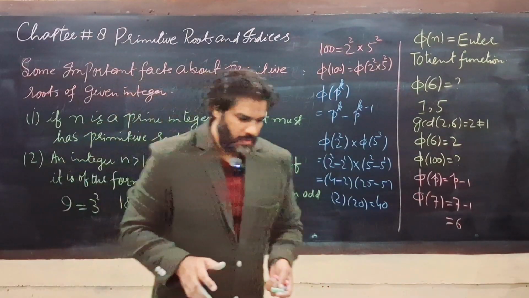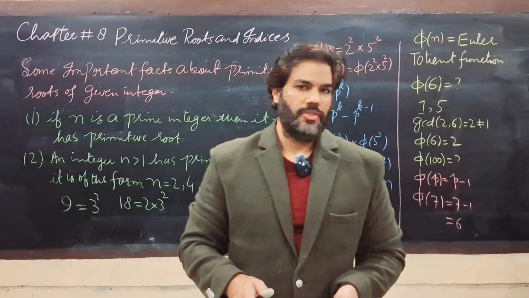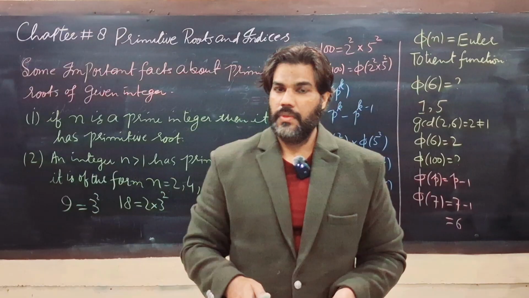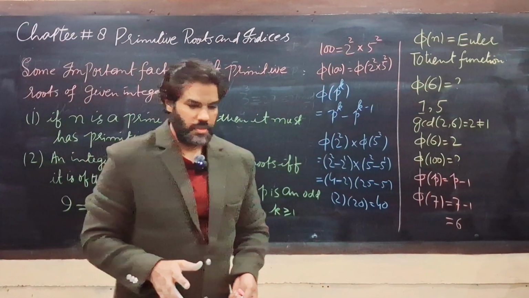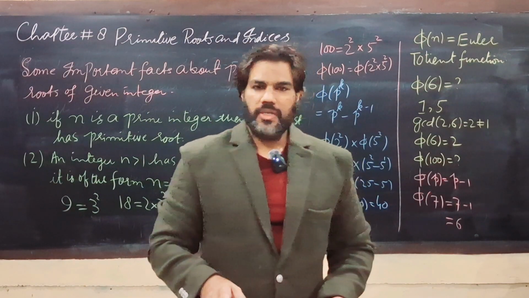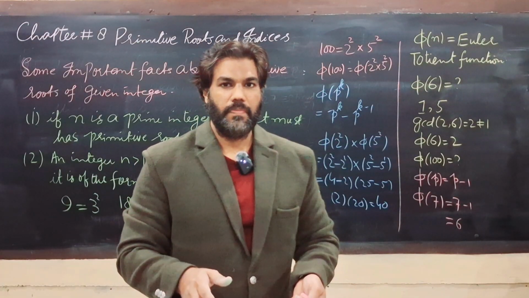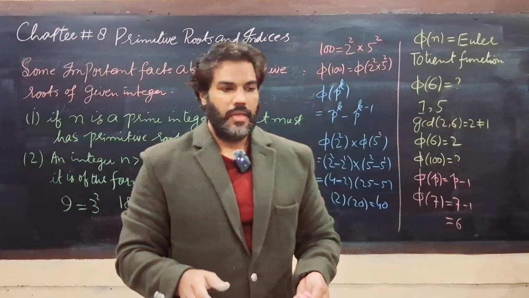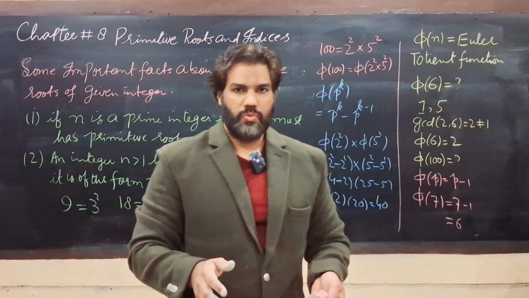So the natural question arises: is it possible that every integer has a primitive root? Because fact number 1 says that a prime number always has a primitive root. In case of a composite number, can you say it will always have a primitive root or not? The answer is no. Every composite number does not always have a primitive root. For example,